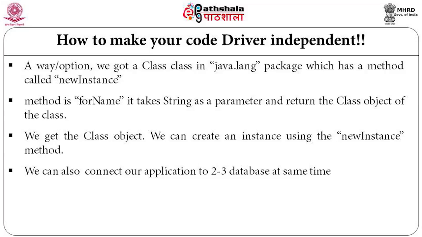A Class object is to be created first for whatever is the class. That means I need to load a class and get a class object created. How do I load a class? Again, for that we have a static method in the class. Our class called Class has a static method called forName. It can take a string as a parameter and return the class object for that class. Having got this class object, we can always use the newInstance method and then get the